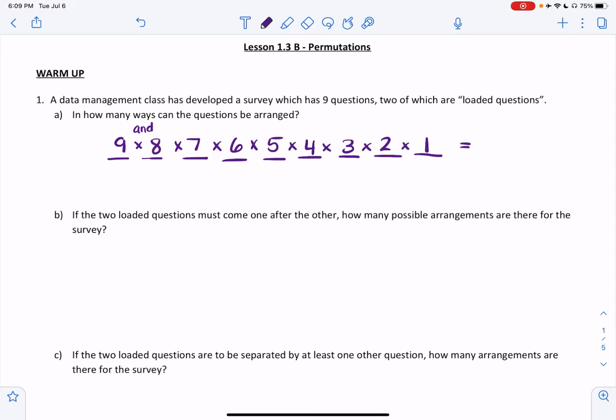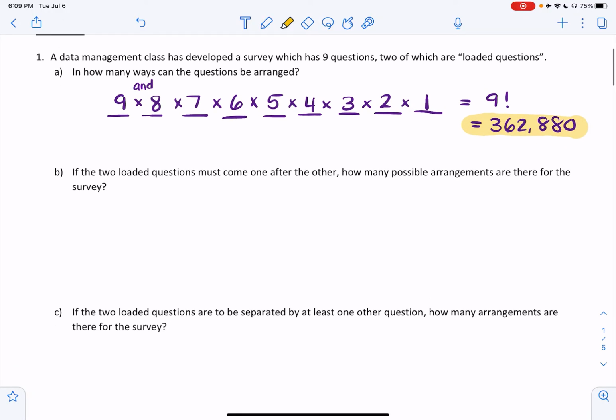And this will give us 9 factorial, which is 362,880. So that is our total ways to rearrange these 9 questions if there are no restrictions on their order. Now, let's add in some restrictions. Now, if the 2 loaded questions must come one after the other, how many possible arrangements are there for the